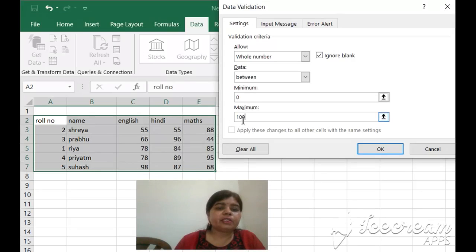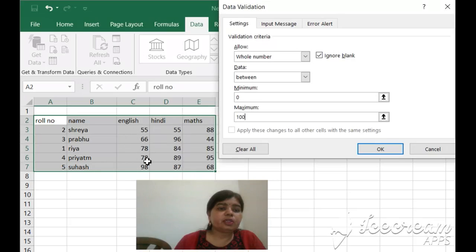That is why maximum marks is 100. Clear? Why 0? Because a student can get 0 or more marks. No one gets marks in decimal, so decimal marks are not allowed. That is why here I have taken 0 to 100.